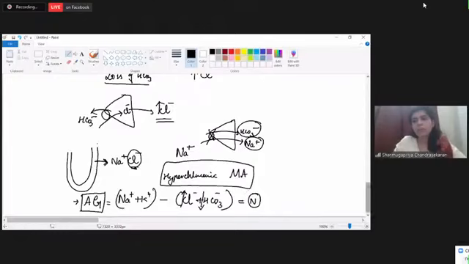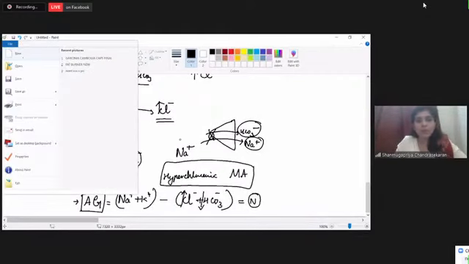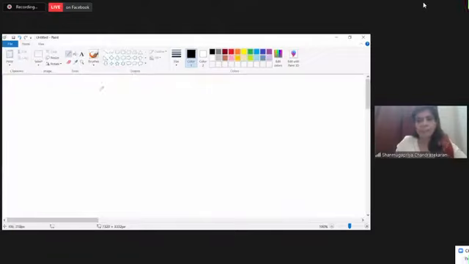Now, what are the causes of normal anion gap metabolic acidosis? Here, the bicarbonate is lost either through GIT or kidney. Example for GI loss of bicarbonate is diarrhea. Example for renal loss of bicarbonate is renal tubular acidosis type 1, type 2, type 4. Okay. Now, what are the possibilities of misinterpretations of anion gap? When do you think there is a possibility that anion gap gets misinterpreted?